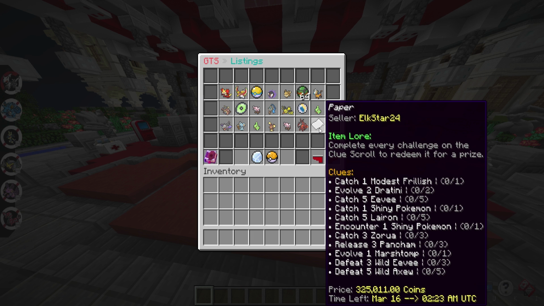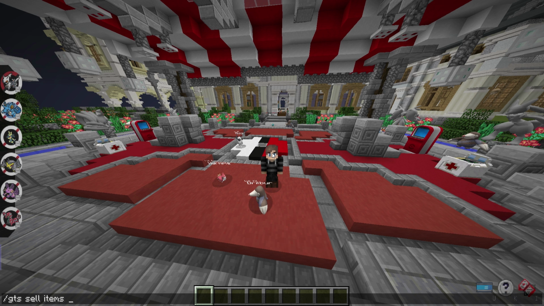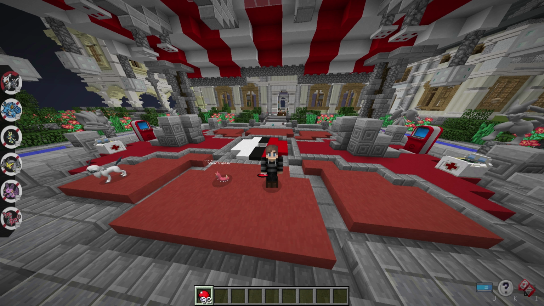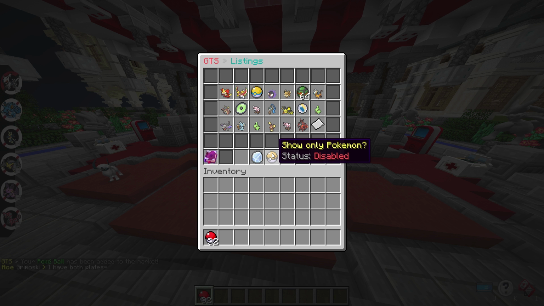One other thing that I did want to mention, because a lot of people are having issues figuring out how to sell items on the GTS with just using commands, you can actually type /GTS sell items, and it used to be just item. They changed it to the plural version, items, and then you can actually type the amount of the item that you're holding and the price. So let me go ahead and actually grab a stack of Pokeballs here and try this out. GTS sell items 32 1000, and that'll sell 32 of the Pokeballs for 1000 coins,